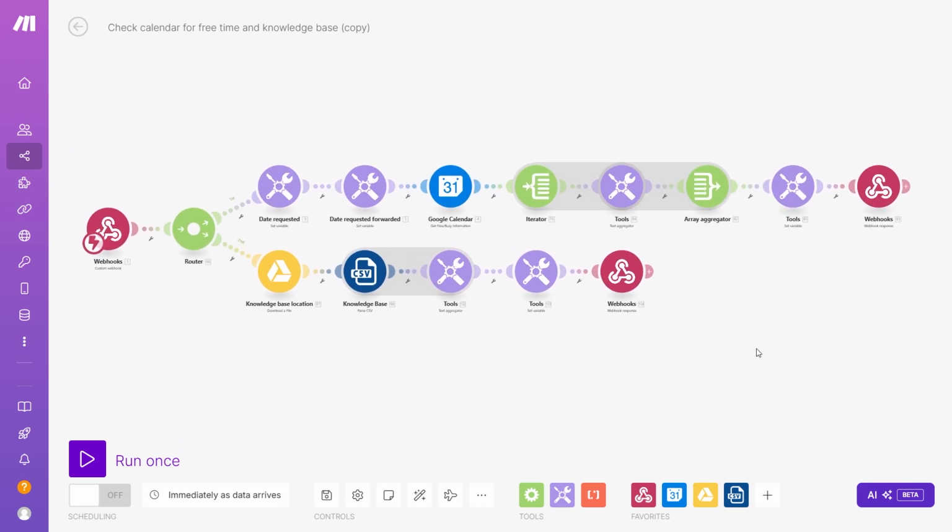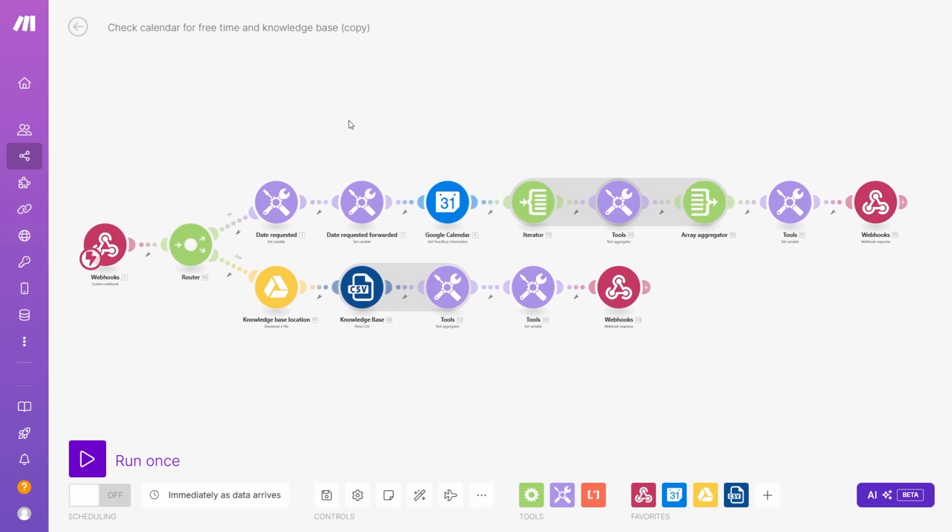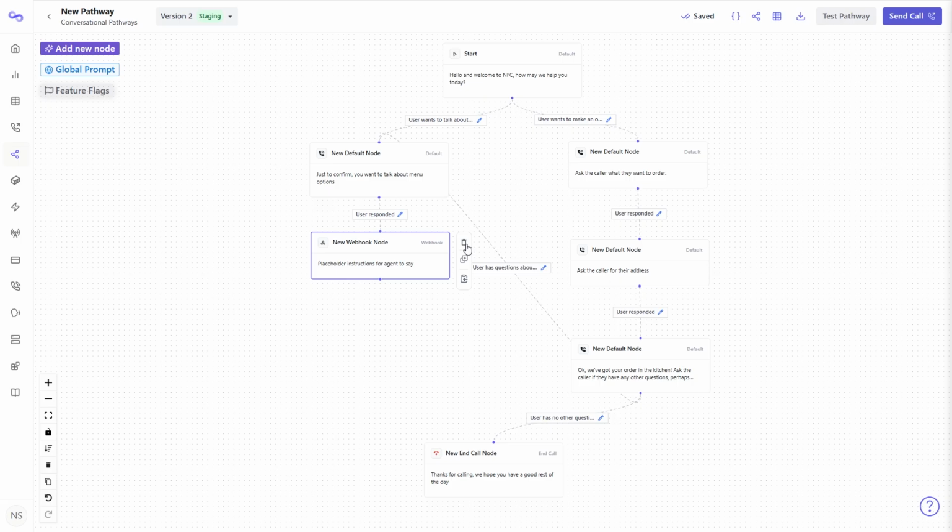I'm not going to go over this in too much detail because I've done a 30-minute video. I don't want this video to be too long, but yeah, you kind of understand, right? So this is what you want to do if you want to go into real detail, but it should be found in the knowledge base, alright? So let's go back. As I said earlier, this is a Bland AI tutorial, not a Make tutorial,